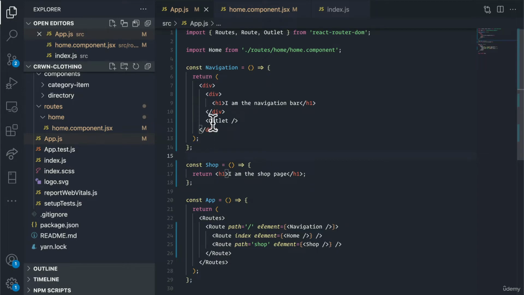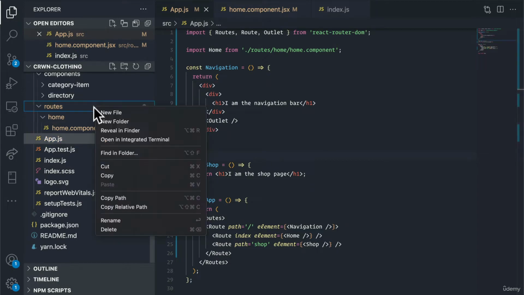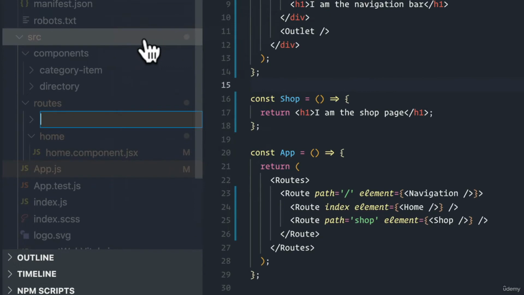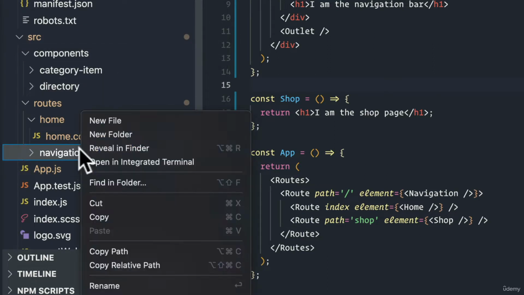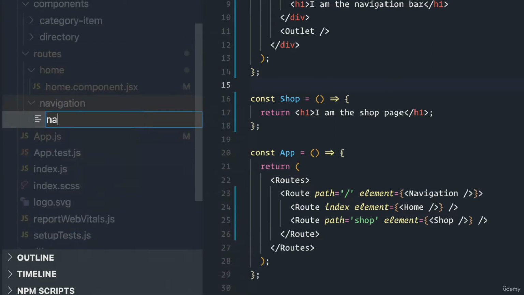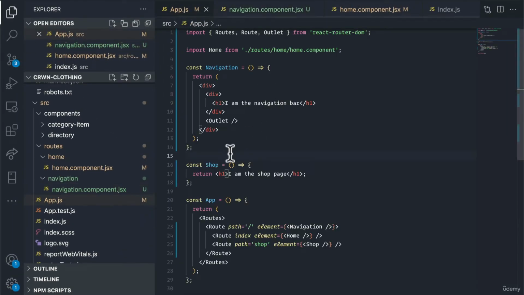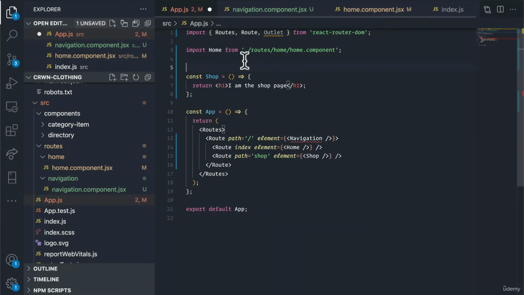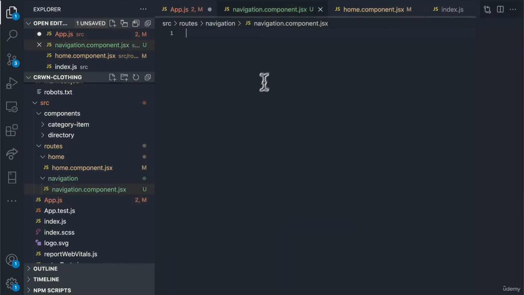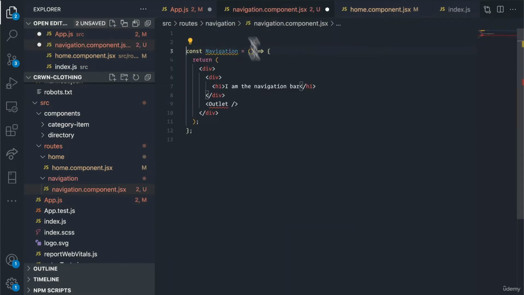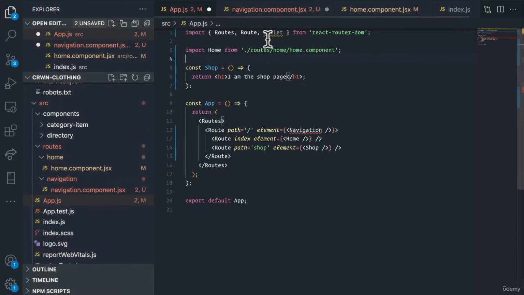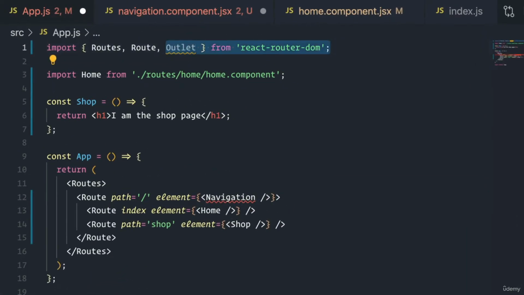I actually want you to take this navigation component and put it inside of your routes. So I'm going to make a new folder for our component inside of our routes folder called navigation. Inside of navigation, it's going to follow the same format where we have a navigation.component.jsx file. Then we're going to go back to app.js. We're going to cut out this code for navigation, and we're going to paste it inside of our navigation component file. Then we're going to copy this outlet code